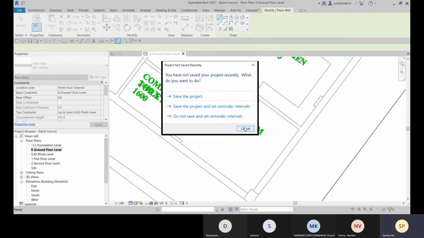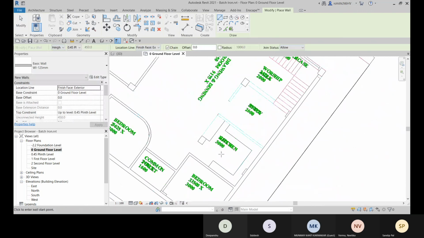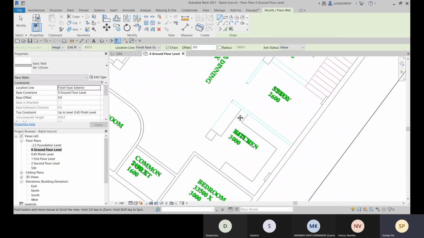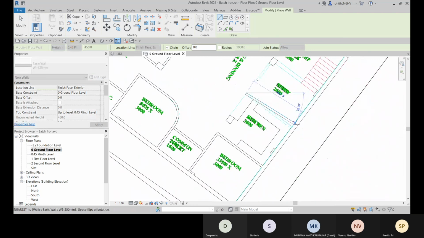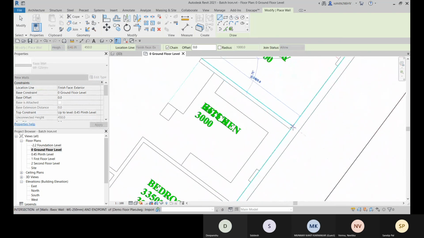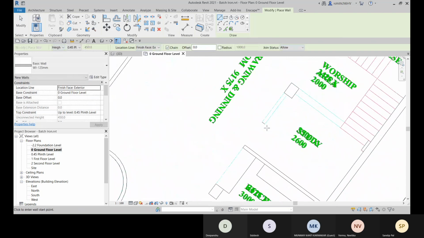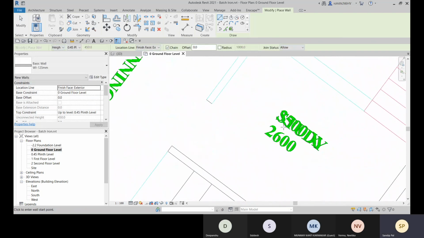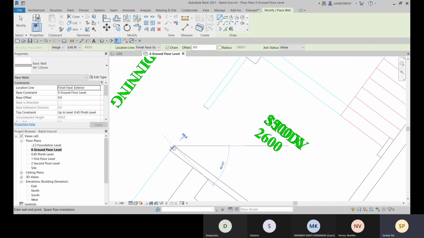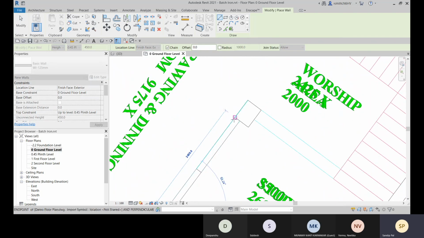Press escape. And this is an open kitchen. This is an open kitchen. And what is the area? This is the study area. Okay, so from here we will place.